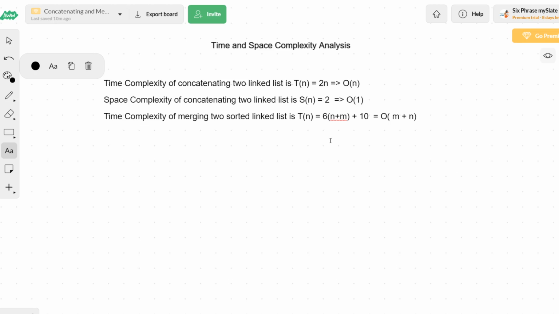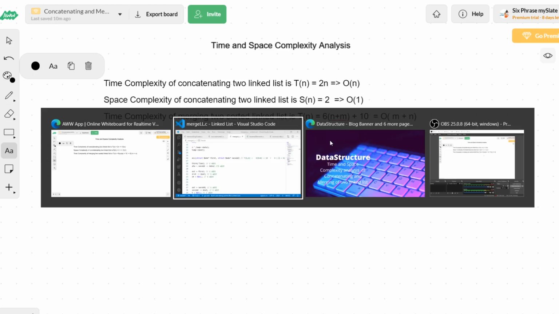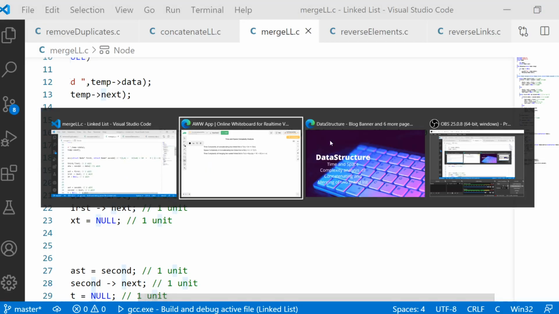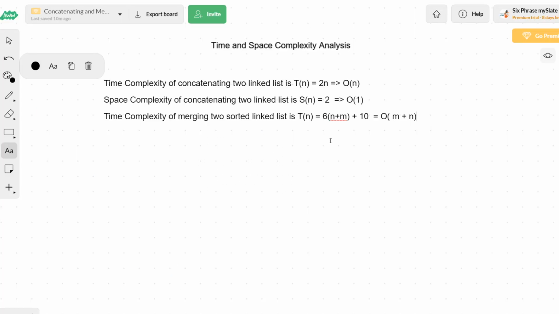So this is the worst case, because we also have a best case, which means the first linked list is completely sorted. I'll tell you the best case approach. I think I can better take the whiteboard and tell you. For example, I'll just show you the same linked list that we saw. One minute.